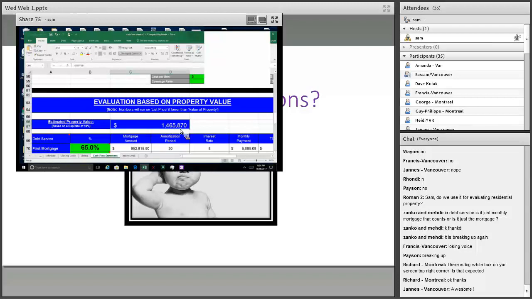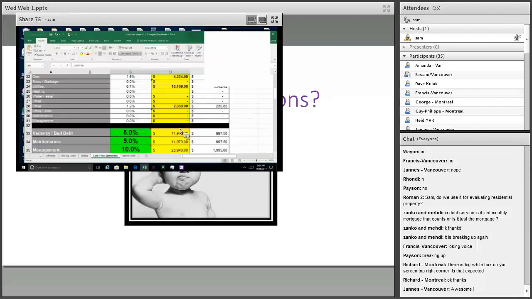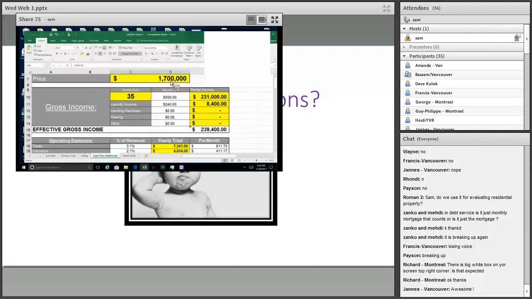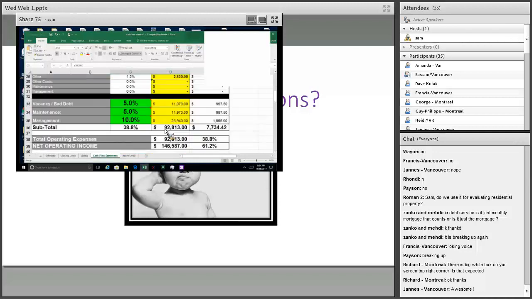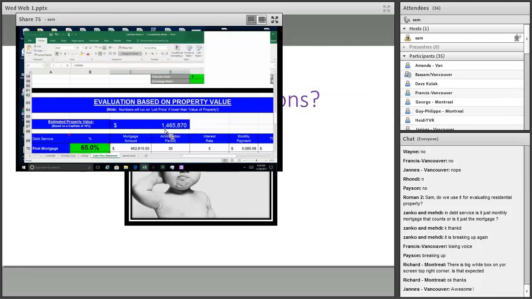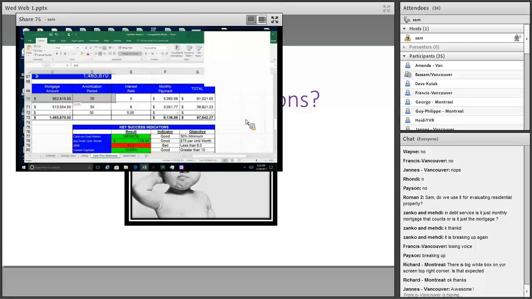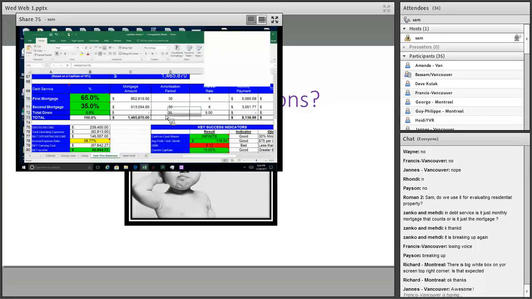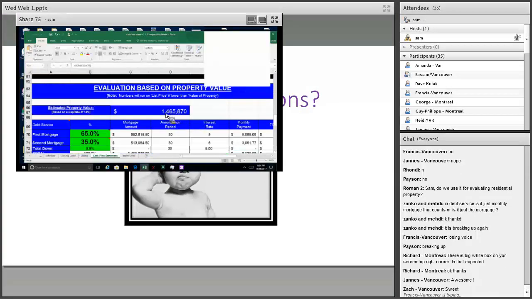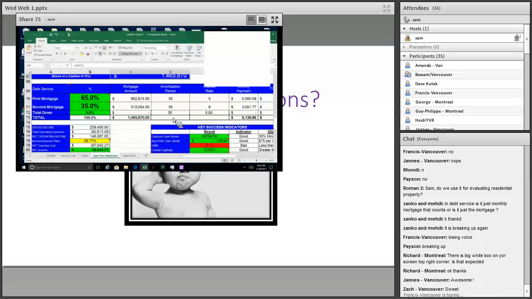It is awesome because it really helps. You should know what a property is worth before you start putting offers in. We can't do that. That's retail, 1.7. 1.465 is what we're looking for to make this work. Now we'll continue down and see the same thing with the financing, but the financing is a little bit less because we're now financing 1.465.